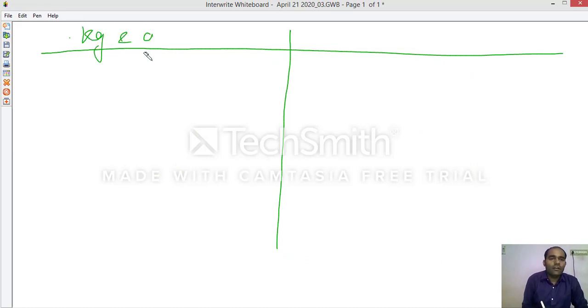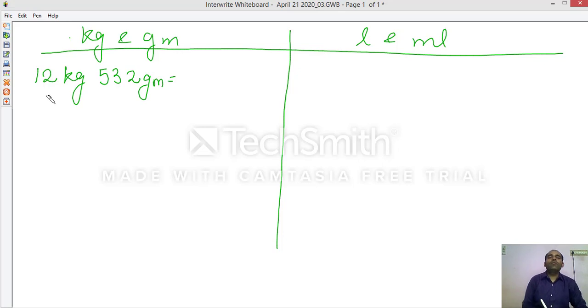Kilogram and gram, and the other side liter and milliliter. If he says you have 12 kilogram 532 gram, you need to change it into gram. Change 12 kilogram into gram, you know, 12 and 3 zeros, simple.